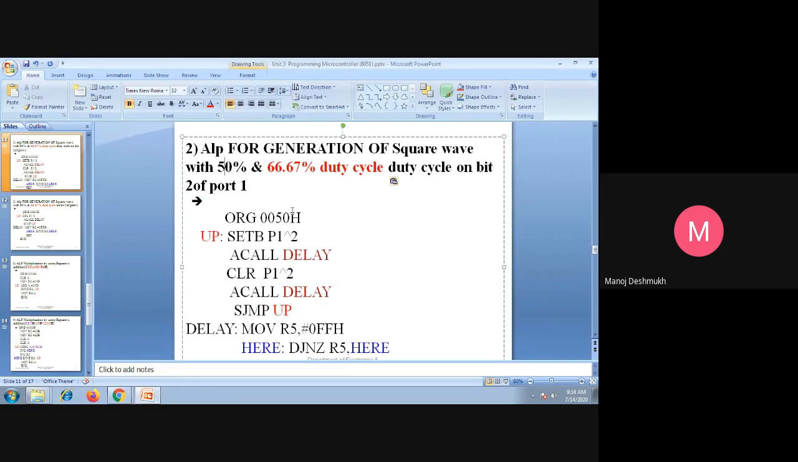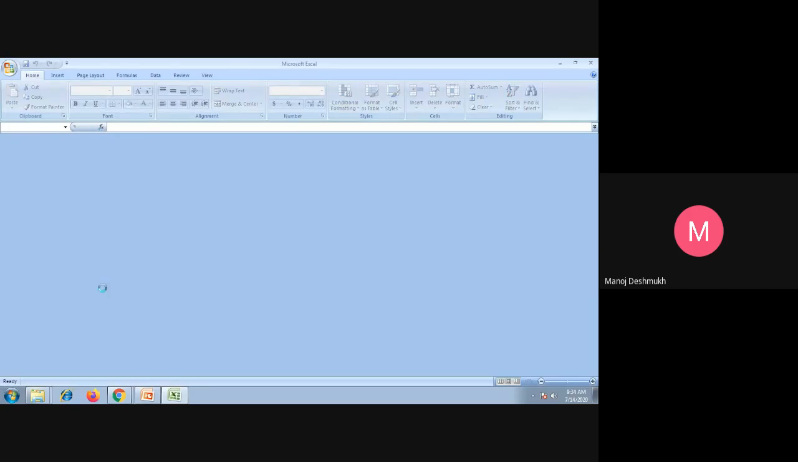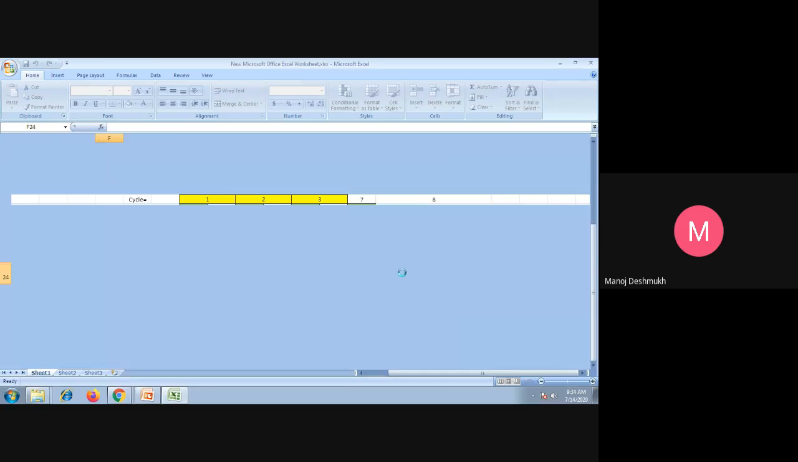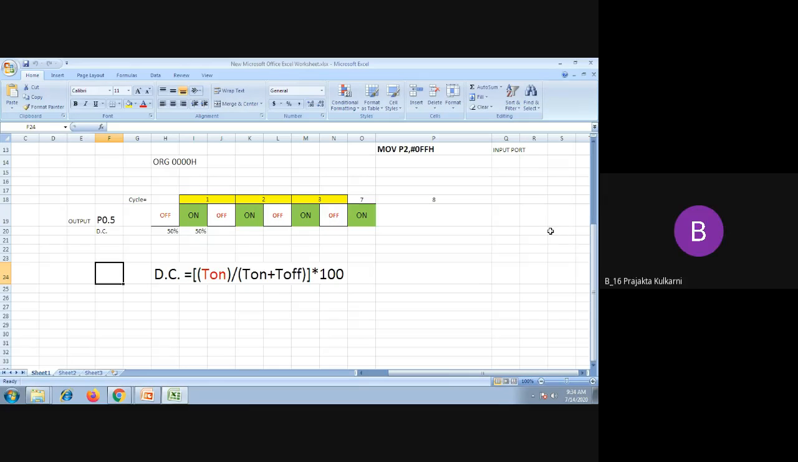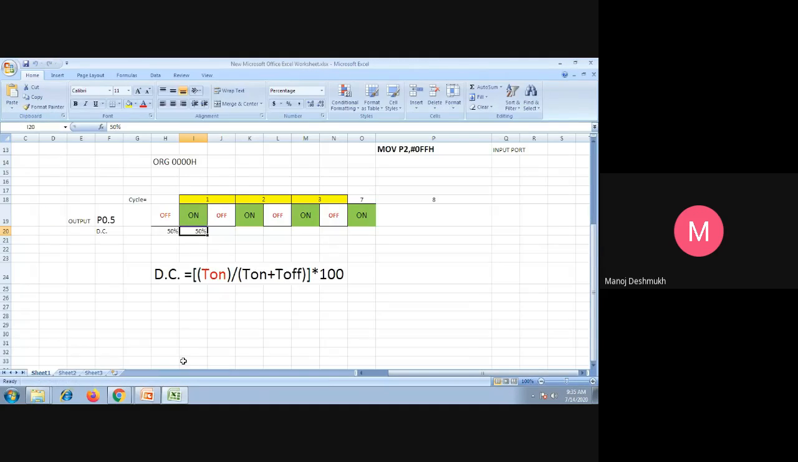If we consider 50%, then it is considered a half part, as we have seen yesterday. Is the screen visible to you or not? Yes, sir, visible. Okay, so on and off time remain the same, so it is considered 50-50, and combined it is 100%. And if we consider a duty cycle of 66%, in this case, if we want to use the duty cycle as 66%,